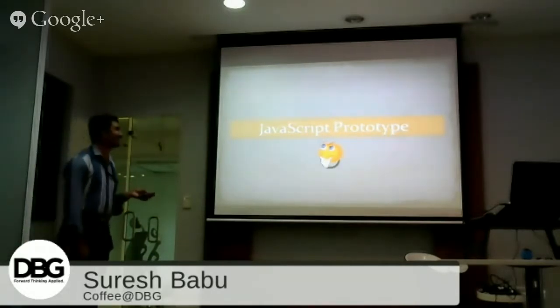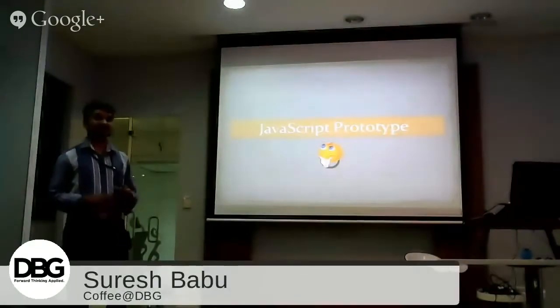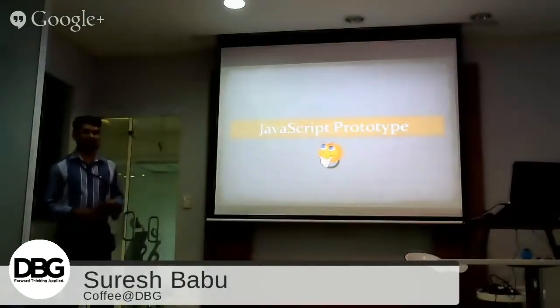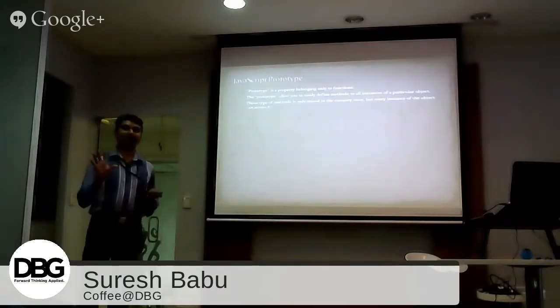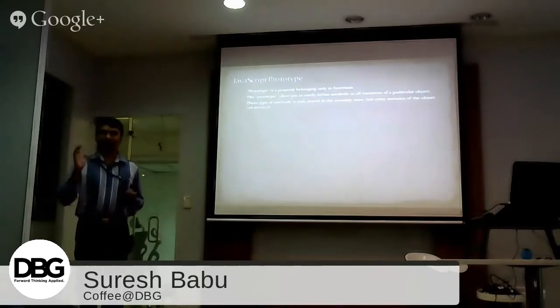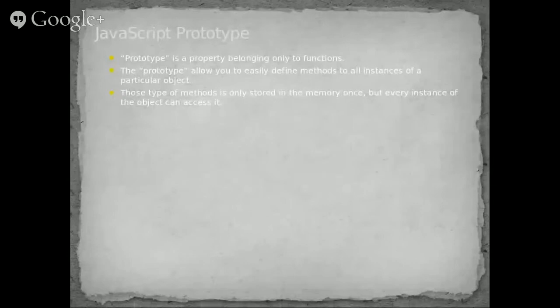Okay, so next, the most confusing and very special feature of JavaScript, prototype. Prototype is a property of functions. We don't need to confuse it with the Prototype library, right? It is different. Don't think about that, because all these libraries are written based on these basic patterns. So just leave all those libraries aside. Then we can understand how we can create these types of libraries.